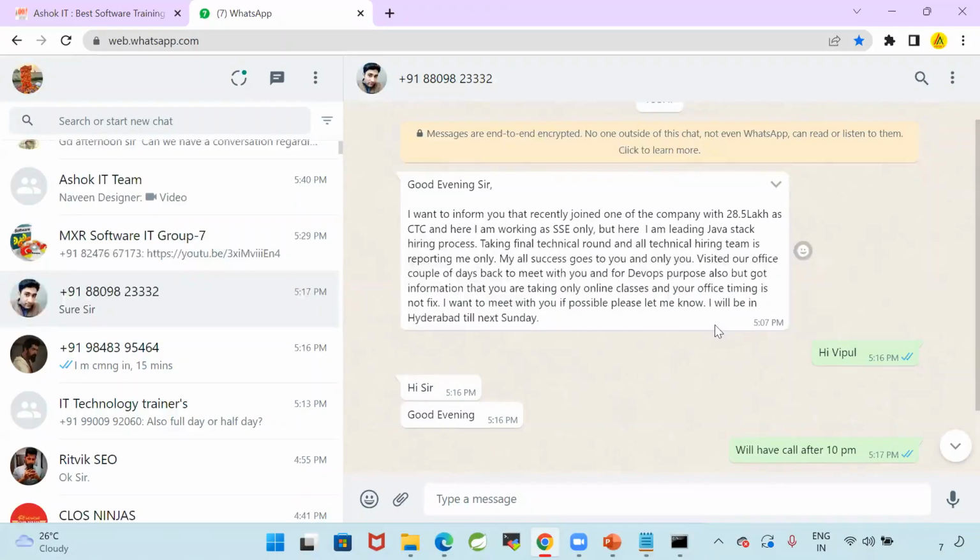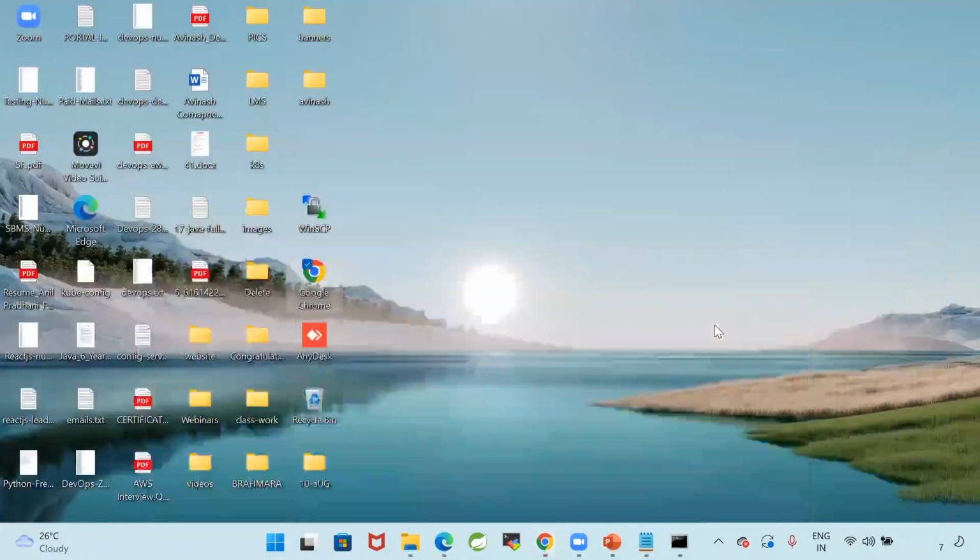3 to 4 years or 5 years maximum. 30 lakhs. Can you imagine how much salary he is getting per month? Nearly 1.8 to 2 lakhs per month. That is the content quality. So you just need to focus and practice. We can also reach that level.